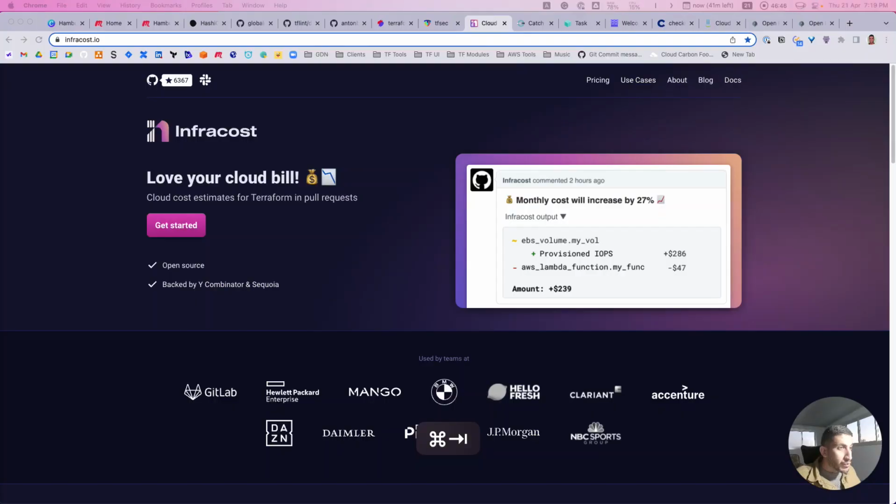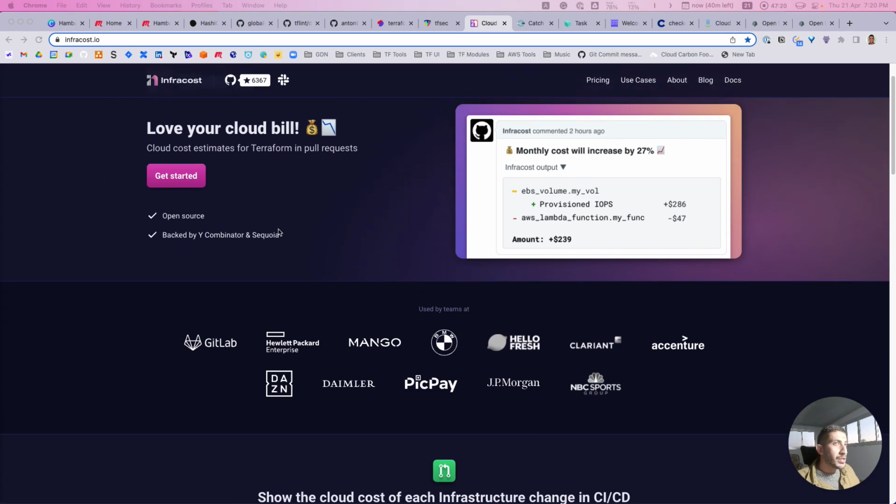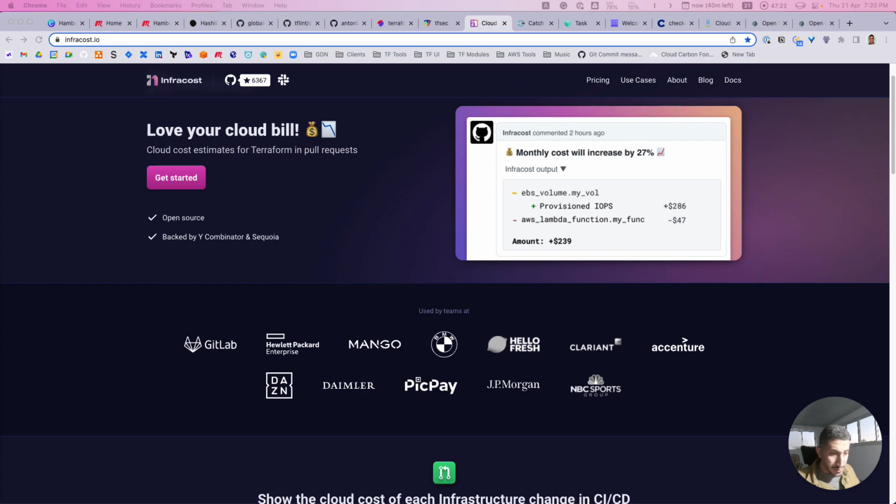Also, if you think about running this in a GitHub Actions pipeline, if your coworker or colleague makes a huge increase in cost by including, let's say, a NAT gateway per subnet, right? So they are using multiple high availability NAT gateways instead of one NAT gateway. That's like a $100 increase by only doing that. So including Infracost in your pipeline is really cool.